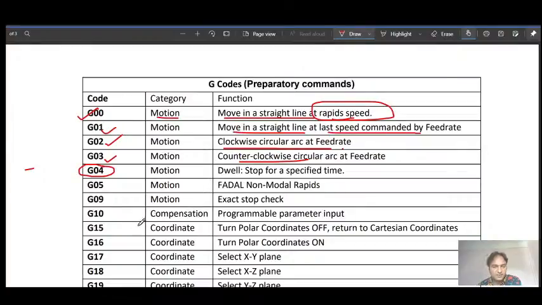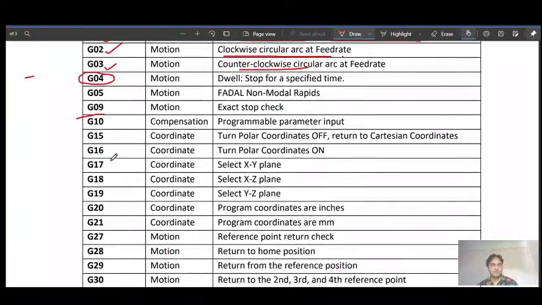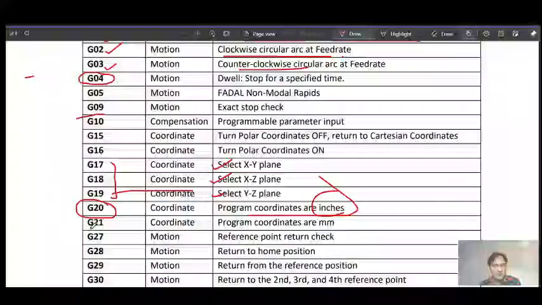Then G17, G18 and G19 select the XY plane, XZ plane and YZ plane. When we use G20, we are programming coordinates in inches, and when we use G21, we are programming in mm.